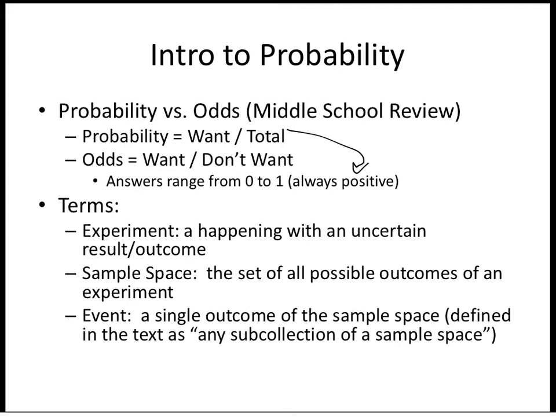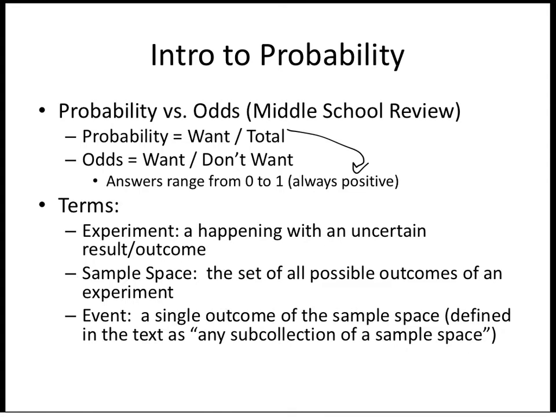Now, some other terms we need to be familiar with that are going to be used in this section. And you may have already heard these terms, but let's refresh everybody's memory. So the first term is experiment. And an experiment is something that happens that has an uncertain outcome or an uncertain result. Okay? So it means any type of test that you're doing. Okay? And then another term is called sample space, and this is the set of all possible outcomes of an experiment, okay? And then finally the term event, and the book defined event as any sub-collection of a sample space,